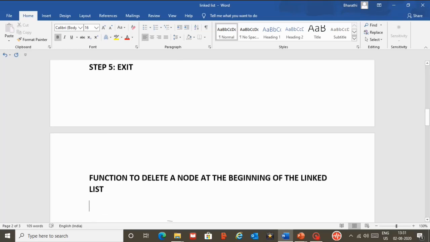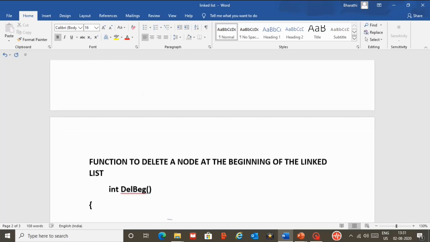Please make a note. Int. Int means I am going to return an integer value. The return type of the function is int, even if you don't specify anything. Delete from the beginning. So this is int